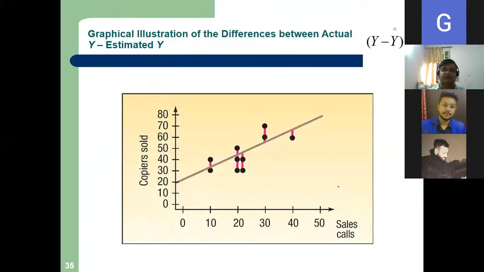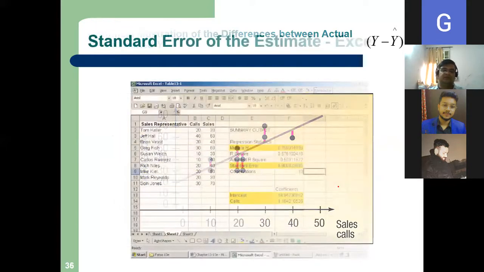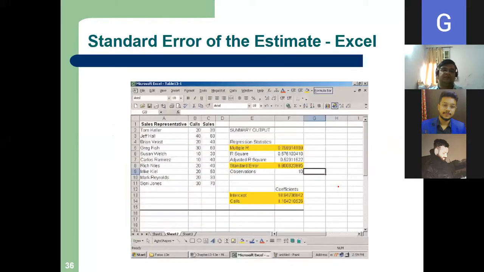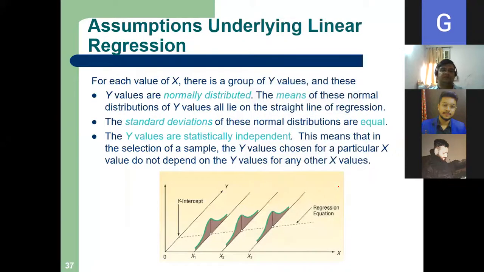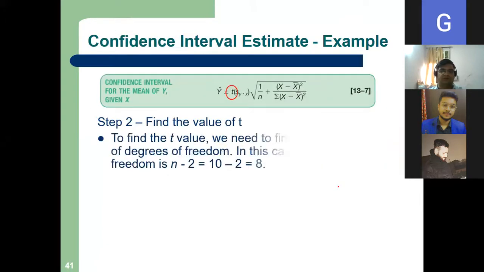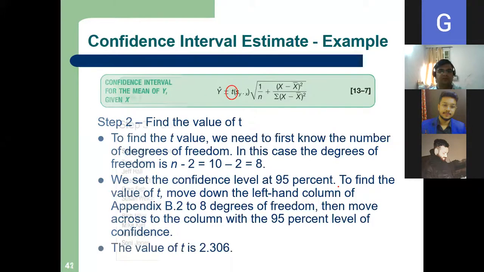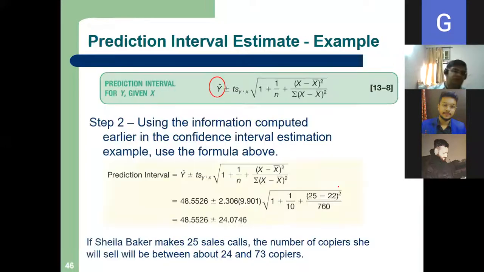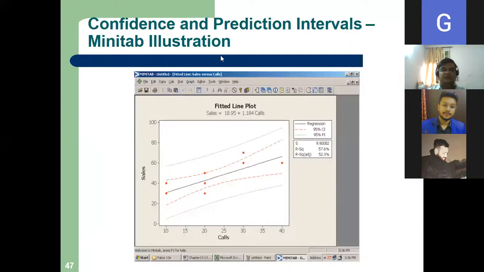You can see the y hat, y minus y hat, right? The pink lines are the y minus y hat. Okay, we are almost done. So we are done with regression. These are not in your syllabus. Okay, so let me stop share.